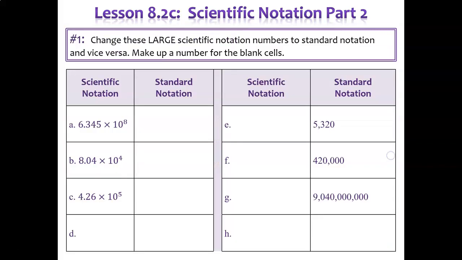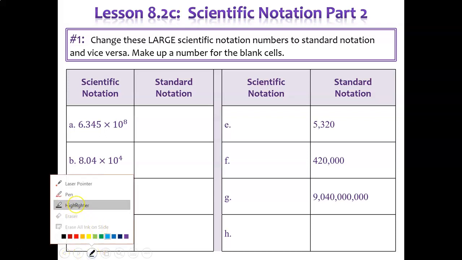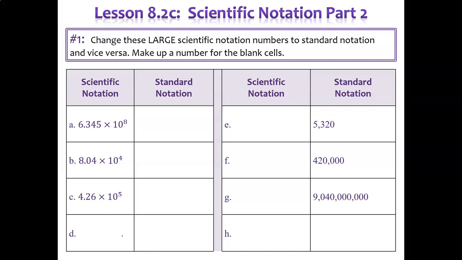All right, so let's talk about, first of all, when we use scientific notation. Scientific notation is used to manage really, really large numbers and really, really small numbers so you can compare them or do computations with them. So first we're going to talk about really big numbers and how to change them into